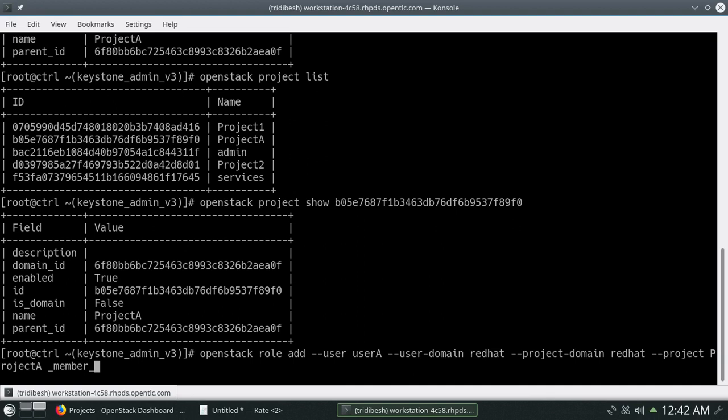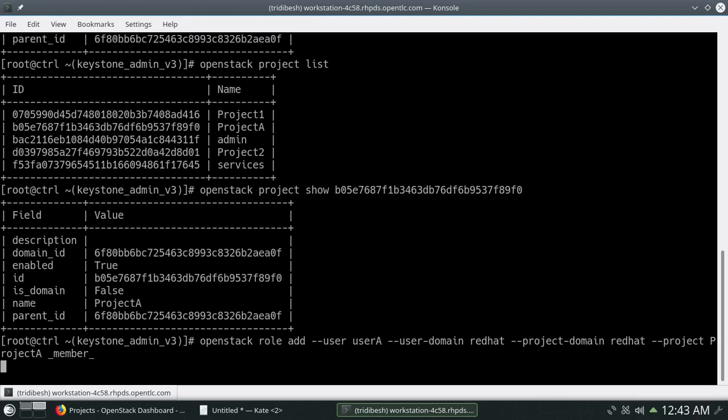So these two options are very important, that user domain and project domain. So if you are wrongly giving some other wrong domain in either of these, you may get an error, or you may add a wrong user to a wrong project. So let's do that. So it's been added that particular user to project A.